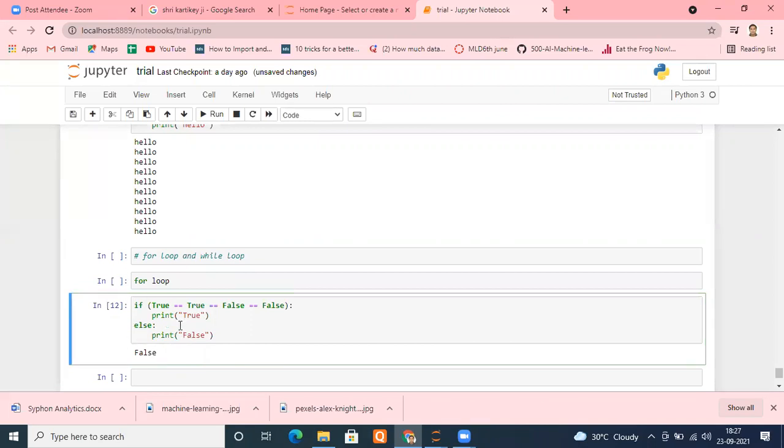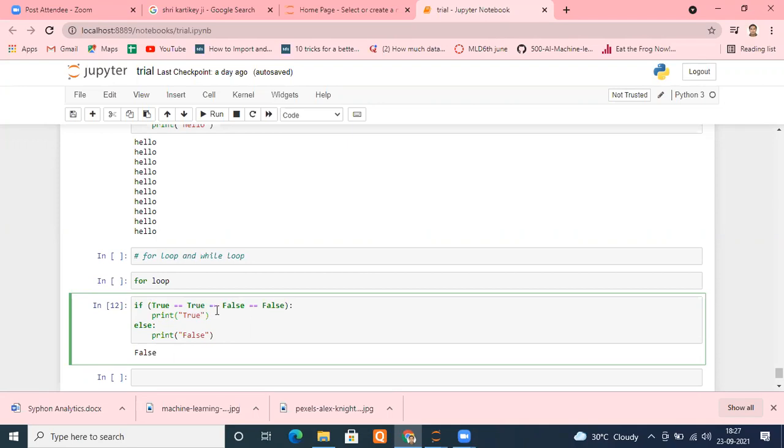See, the complete result of this expression will decide what is going to happen. If it is going to result in true, then the complete expression will print true. If this is not going to result in true, it is going to print false, right? So what happens is that it checks from this condition. It started from left, although you won't find this kind of condition ever. This is just a test and experiment that we are doing.